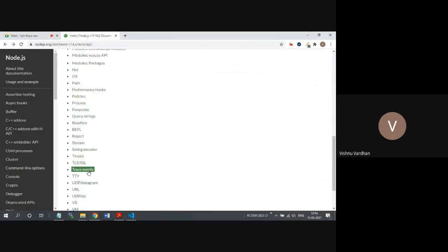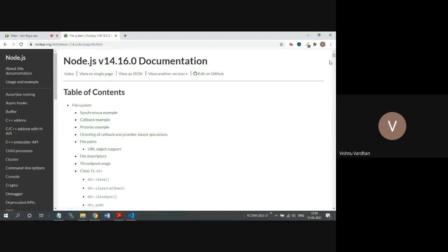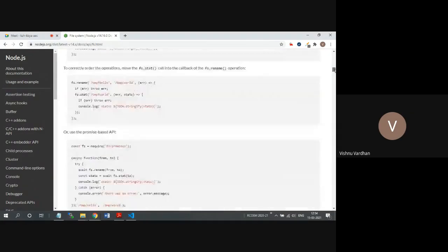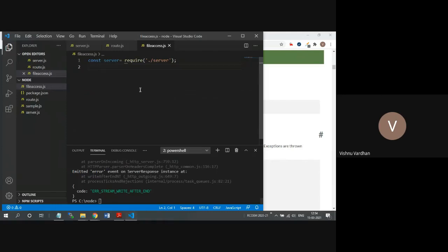Node.js documentation, file stream. Okay, so this is the file stream or file system. This file system we are going to access for an example. So how to do that? To implement this in your project, you first of all have to take require fs. So const fs is equal to require fs.